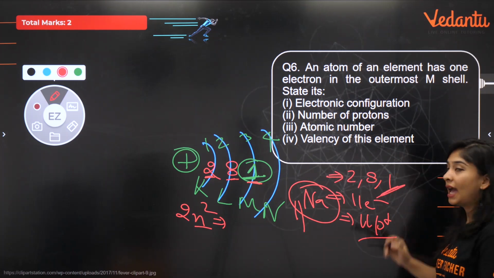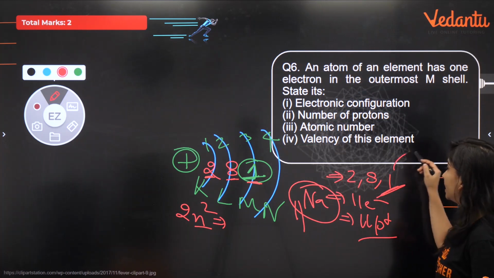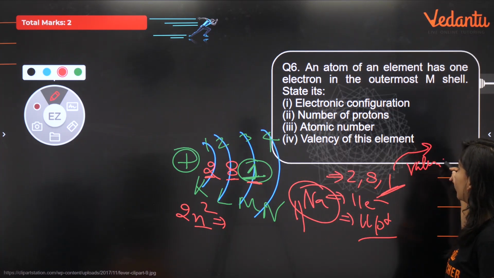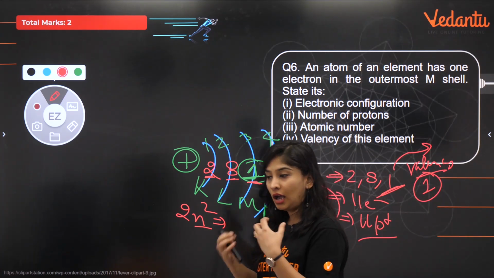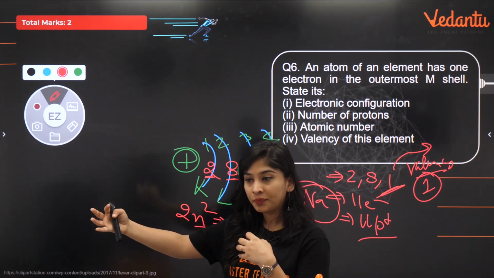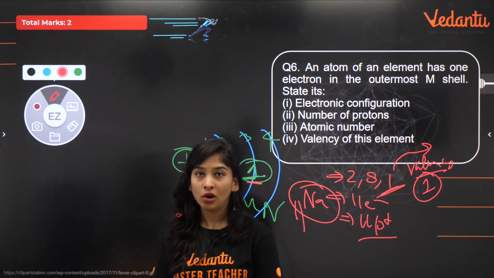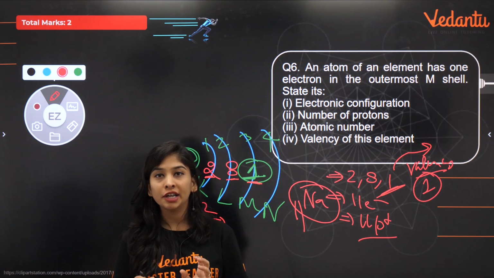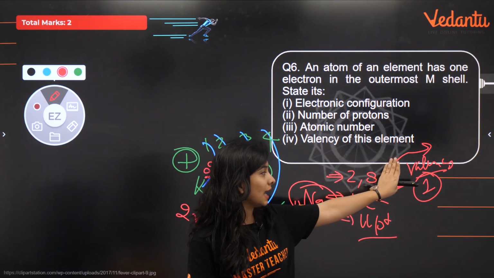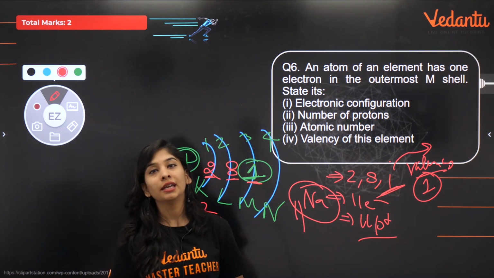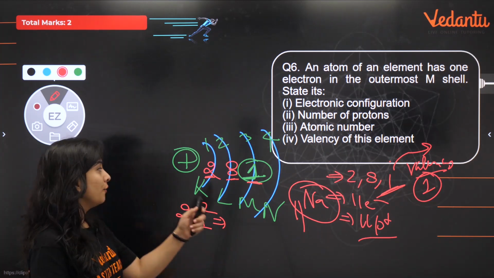If the last shell has 1, 2 or 3 as the valence electrons, they believe in donating electrons and valency would become that much. Valency basically है क्या? The number or combining capacity, how an element is going to combine with the other by losing, accepting or sharing its electrons and achieving the stable configuration. That was your octet rule. So by losing 1 electron, now its last shell is having 8 electrons, which is giving stability to it. So valency is 1. Right? Clear? Funda is clear? Very nice.